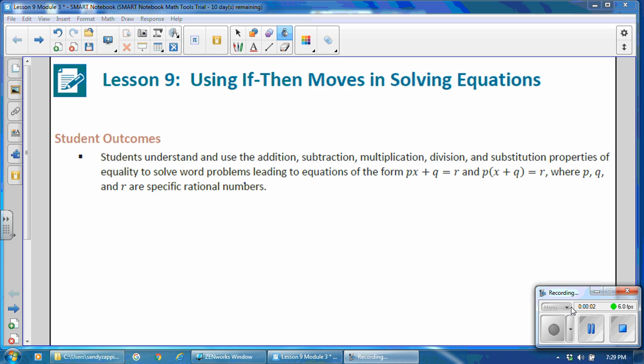This is Mrs. Zappia with Lesson 9 from Module 3, using if-then moves in solving equations. Student outcomes for this lesson. Students understand and use the addition, subtraction, multiplication, division, and substitution properties of equality to solve word problems leading to equations of the form px plus q equals r and p times the quantity x plus q equals r, where